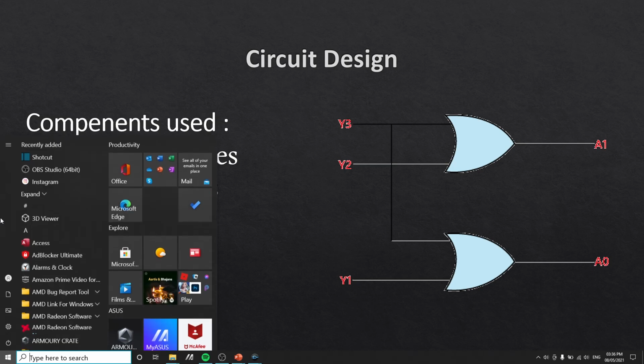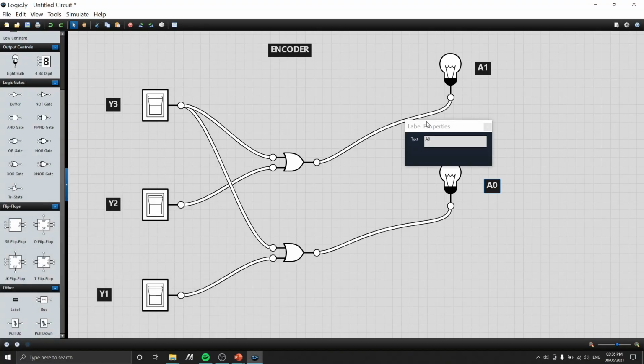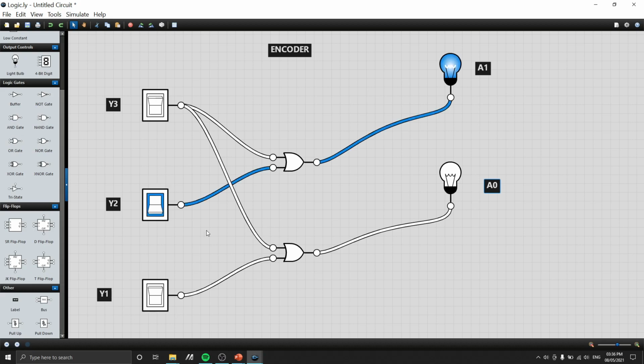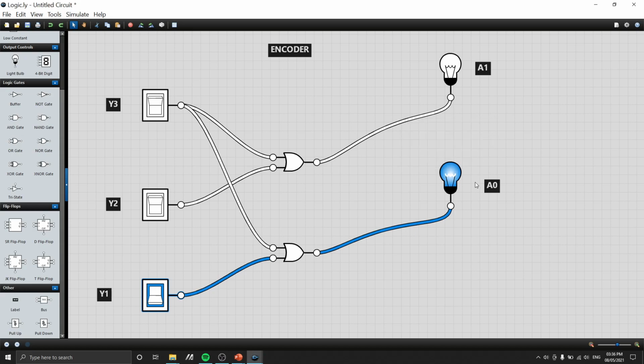Now I'll be showing you the working of the encoder. When y3, y2 and y1 are all 0, then the outputs a1 and a0 are also 0. When y2 is 1 and the remaining inputs are 0, then the output a1 is 1 and a0 is 0. When y3 is 1 and the remaining inputs are 0, then a0 is 1 and a1